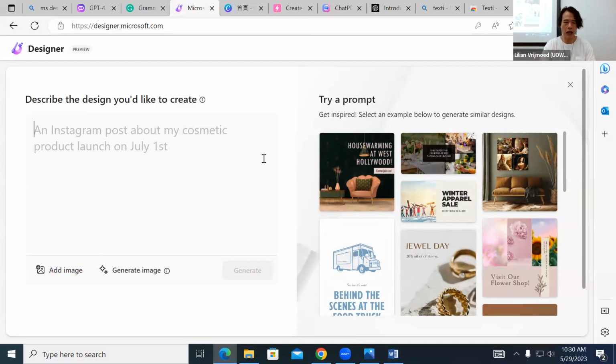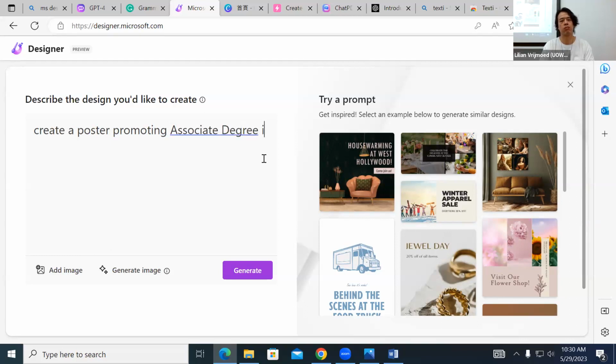For example, you can say, create a poster promoting what programs I have: creative and interactive media, interactive media production. Now, it doesn't give you a very nice result, but